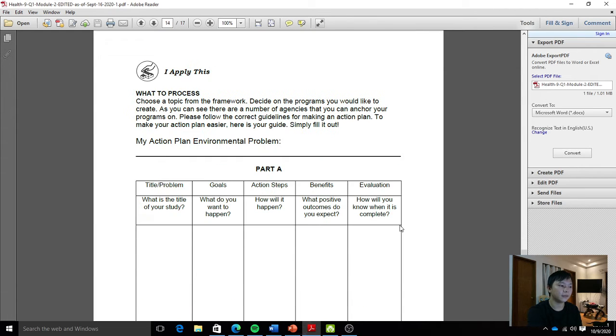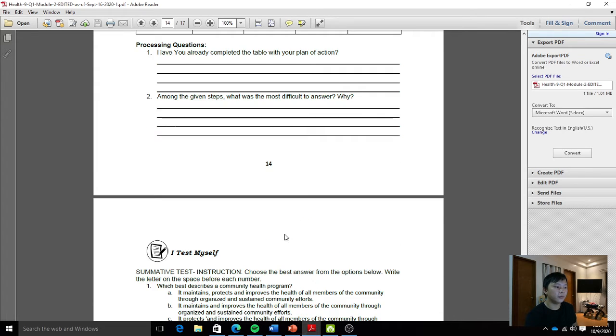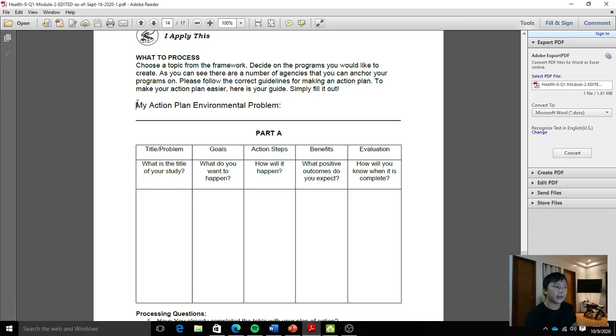Next is my action plan, environmental problem. Okay, you write I apply this. Then you copy my action plan, problem, and put in what problem you have. For example,